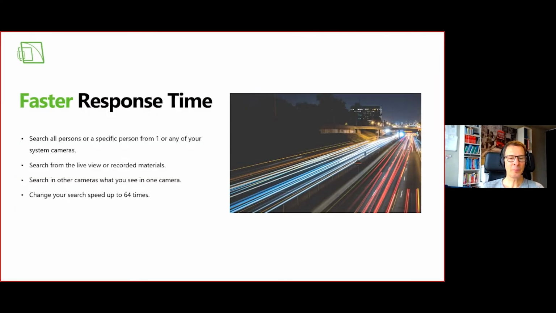Faster response time. So as I mentioned, you can search a specific person or all the persons in one or any of the other system cameras. So you can use live view and recorded material. And what is very important is the search speed is up to 64 times. That means depending on the